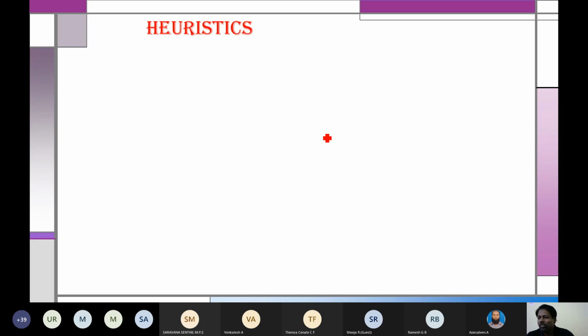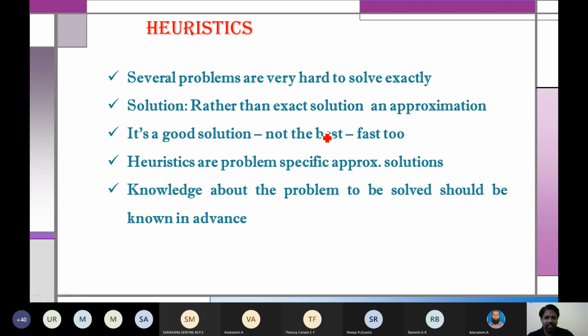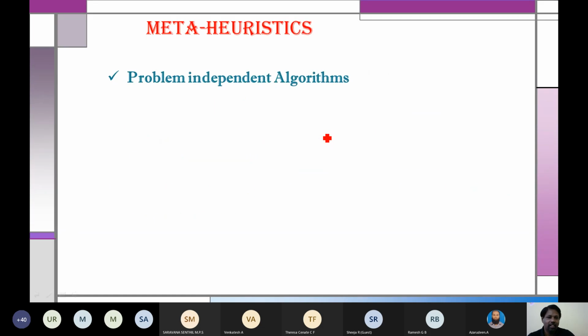Okay, so if you go to heuristic algorithm, the thing which we have is it is problem dependent. That means the algorithm depends upon the problem. Clear? And we need to know about the exact problem before writing the algorithm. Whereas when you go for meta-heuristic, it's not the case. It's problem independent. We don't want to know what is the problem. Just you need to write the algorithm. So that is the biggest thing. I'll just admit about meta-heuristic, problem-independent algorithms.